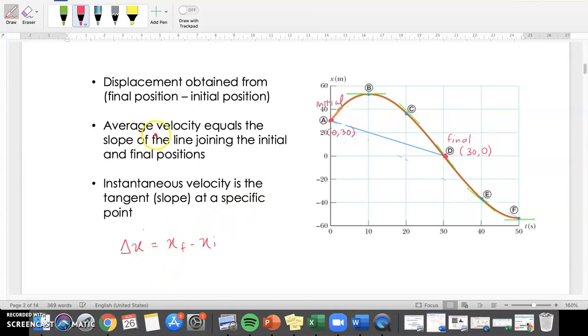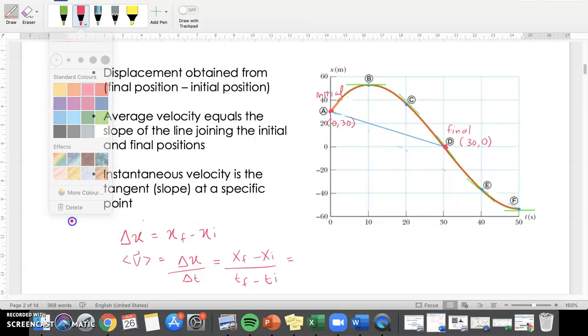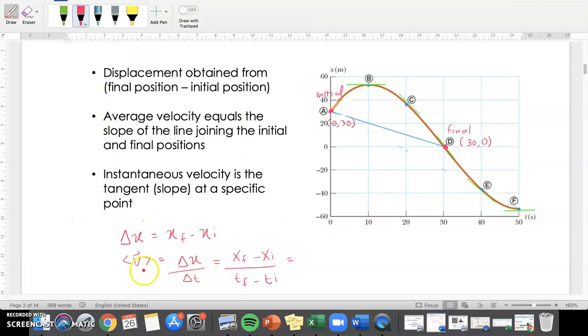Okay, so average velocity equals the slope. I have written the equation for average velocity. You should be familiar with this equation by now, which is that average velocity is the rate of change of displacement, and I expanded this equation to be displacement final minus displacement initial over time final minus time initial. So what is our final displacement? It is 0 minus our initial displacement,